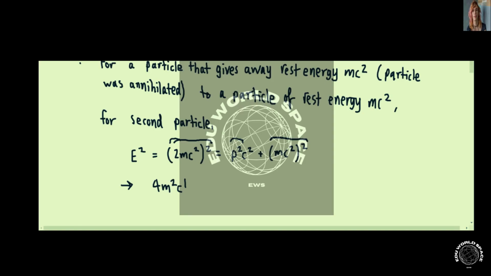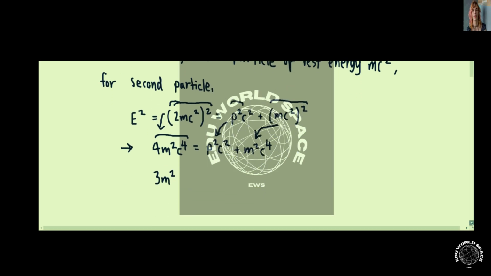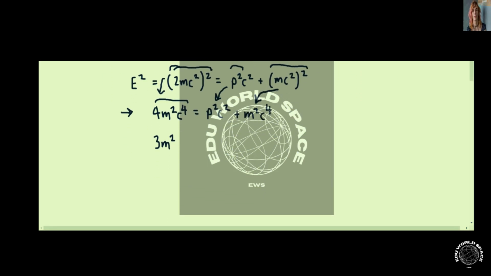So now we can get the momentum. We square the 2mc squared, we get 4m squared c to the fourth. That's this term here. And we have p squared c squared, so this term is right here. And we have this term here. We're just squaring everything. So now we can subtract this term from this term here, and we get 3m squared c to the fourth equals p squared c squared,